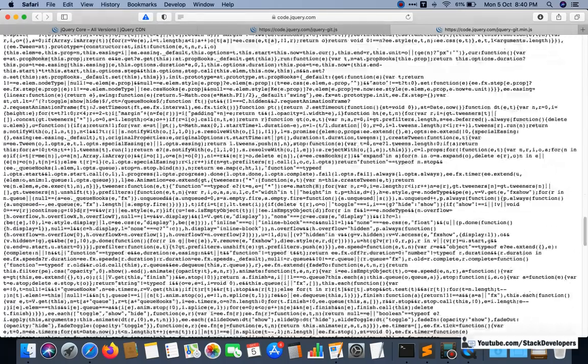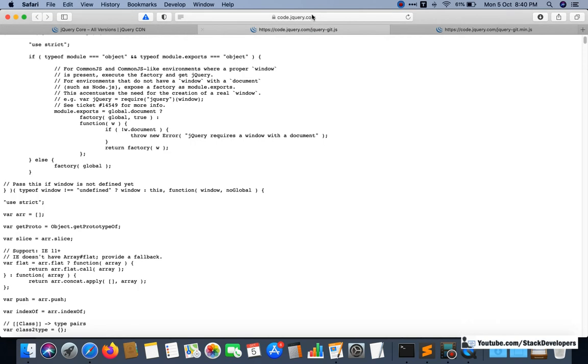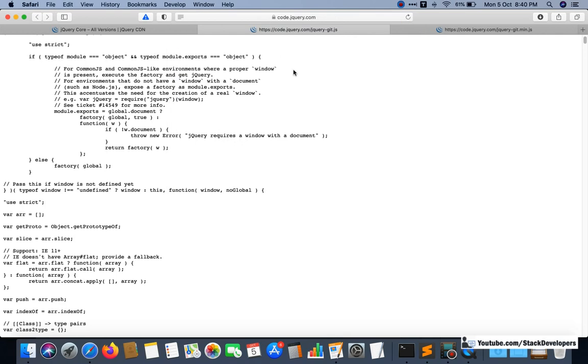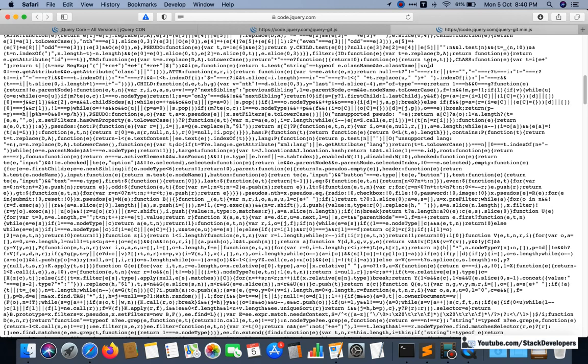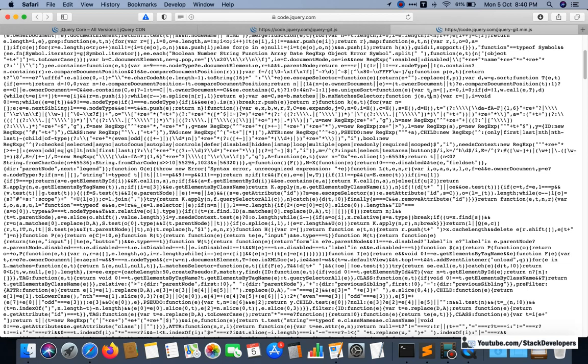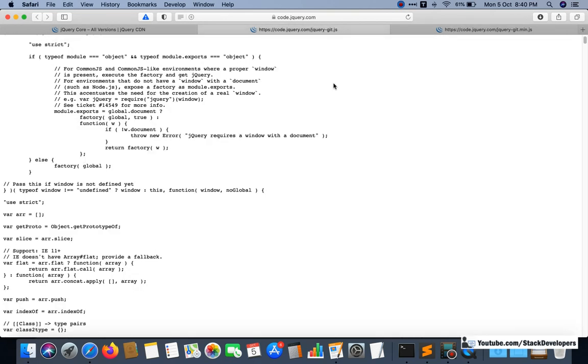For offline purposes you can get the uncompressed one, that is for development, and for production, for making the website live, so that jQuery will take less time to load, you can get the compressed form. This will load faster than the uncompressed.